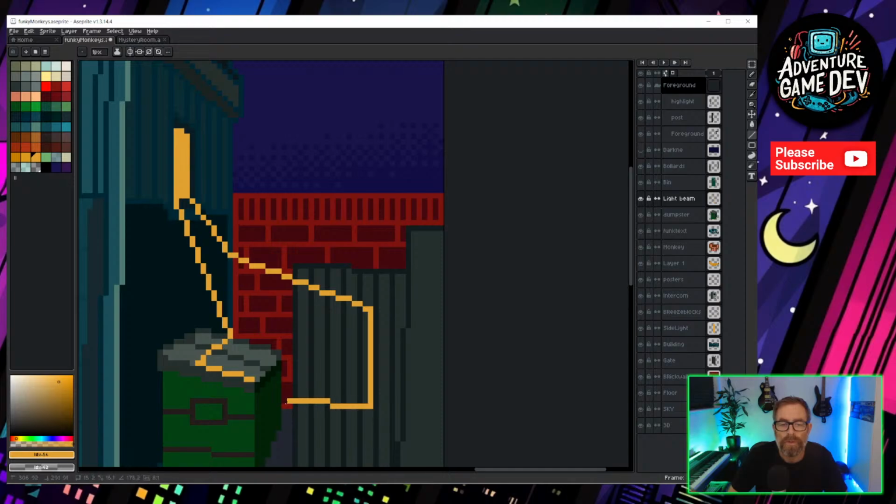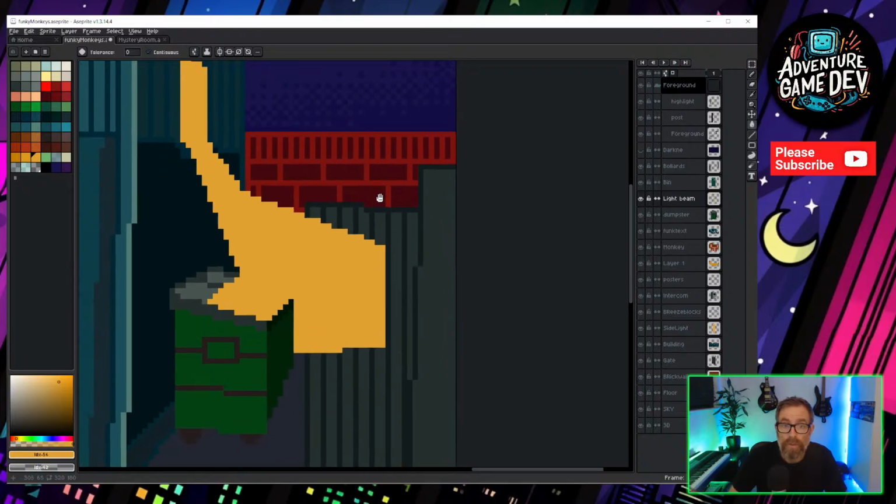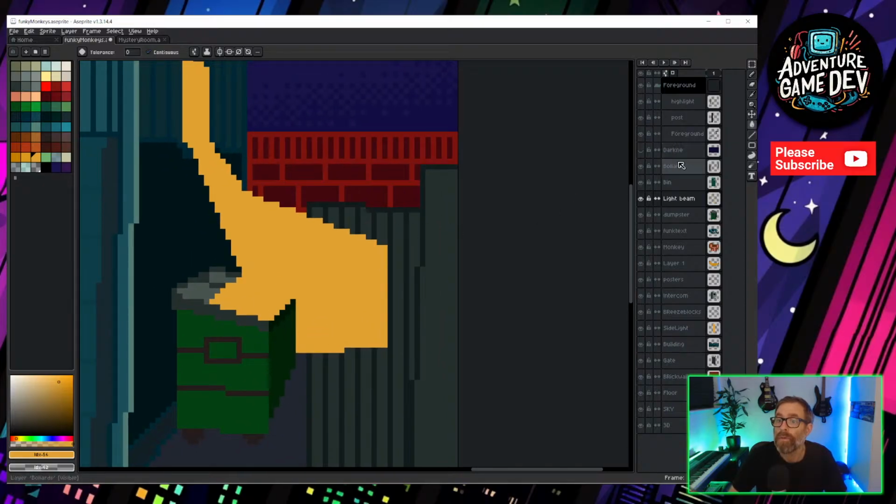I mean, you can't see a lot of it from this area anyway, but this is just going to be subtle. Just going to put a bit of a glow around the edge of there. So I'm going to dial the opacity of this down now. And it obviously wants to be behind the gate as well.